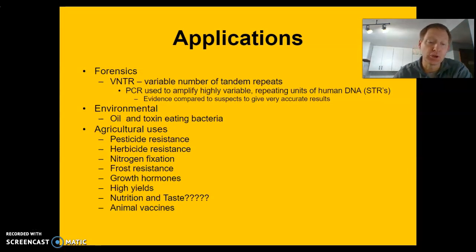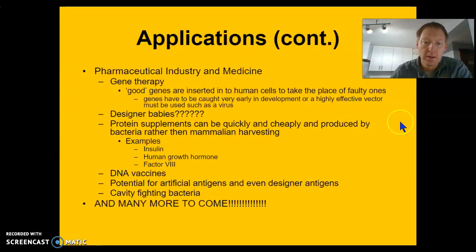But they are starting to. They actually added some nutrition to certain rice strains. It's not popular in the US, but it is worldwide. They even put some animal vaccines in there. And then there's so many pharmaceutical ideas, gene therapy. There is cases now that they're using gene therapy, designer babies. That's sort of a pie in the sky idea, but I wouldn't be surprised if we start seeing them producing bacteria or protein supplements, DNA vaccines. We have cavity fighting bacteria. That's another one. Artificial antigens. So that's one that is now really actually being